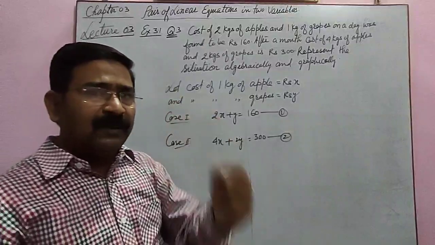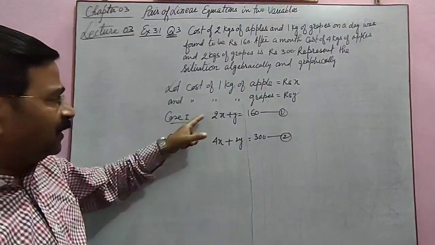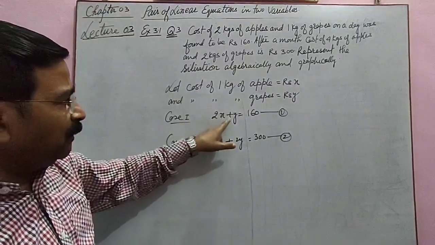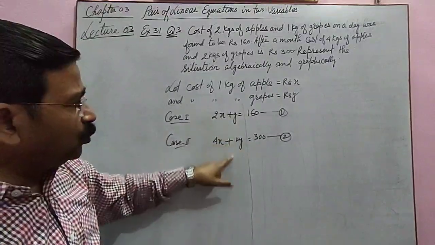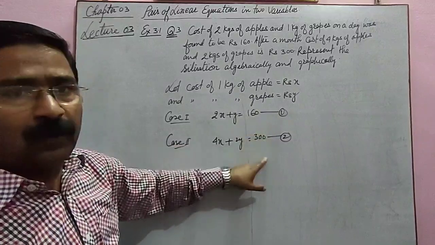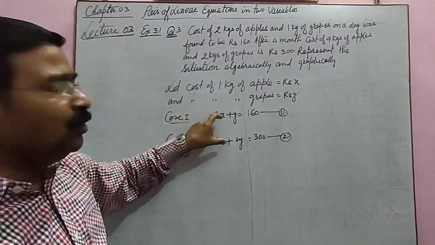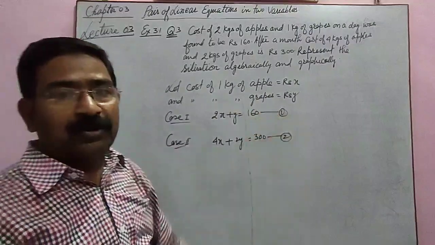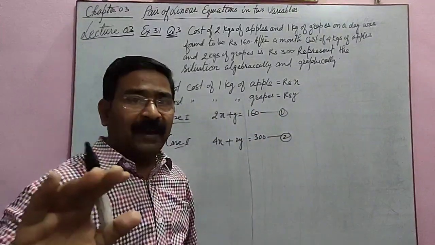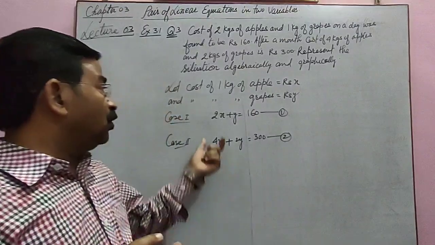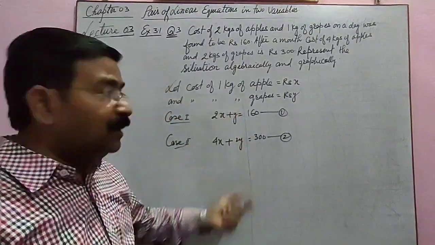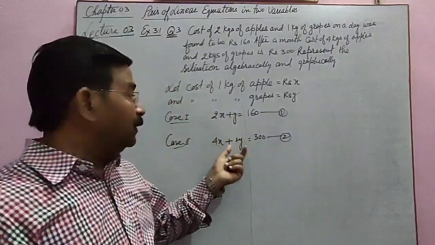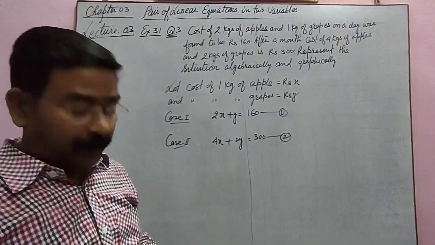I am telling you one thing. You can check using A1 upon A2, which is 1 upon 2, B1 upon B2 is 1 upon 2, and C1 upon C2 is not 1 upon 2. So A1 upon A2 is equal to B1 upon B2 but not equal to C1 upon C2, which means you will have parallel lines. This concludes your algebraic method. Now after that you have to plot the graph yourself. You will find the points yourself and plot the graph.